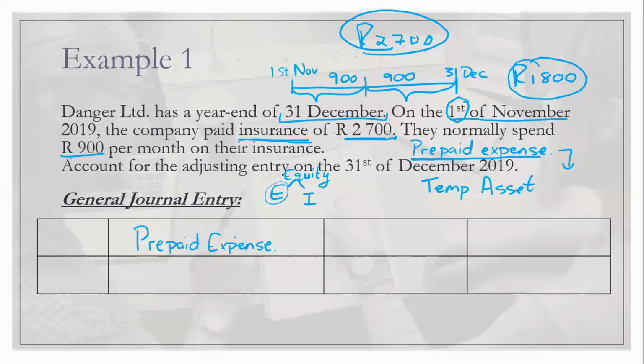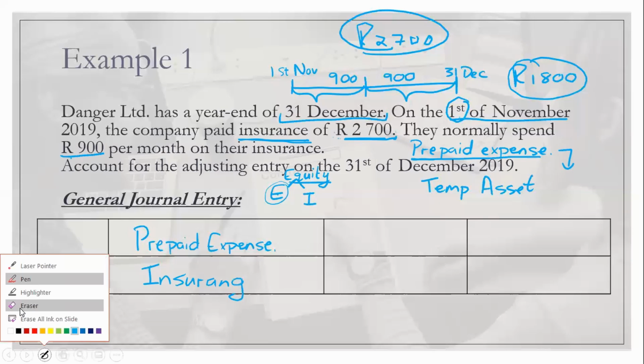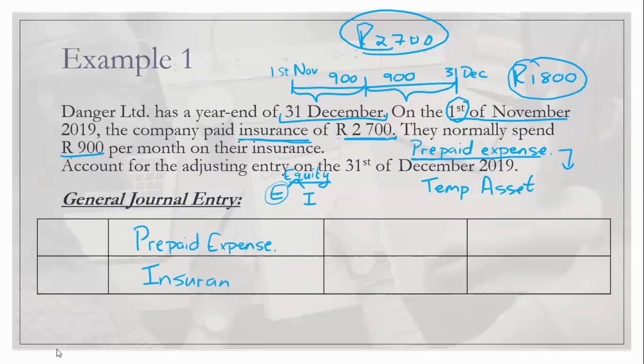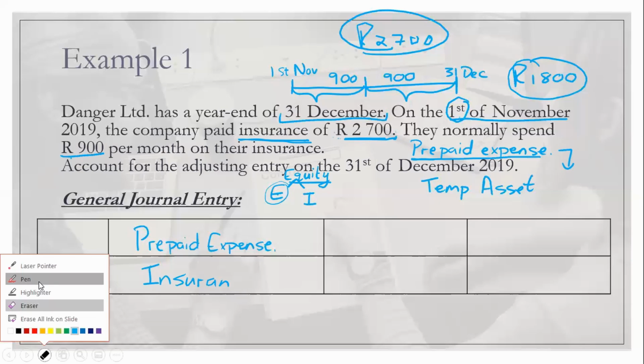Credit side. So technically, we are increasing our equity. So on the credit side, insurance has to be credited,